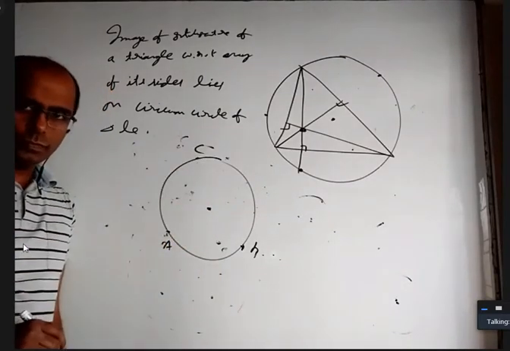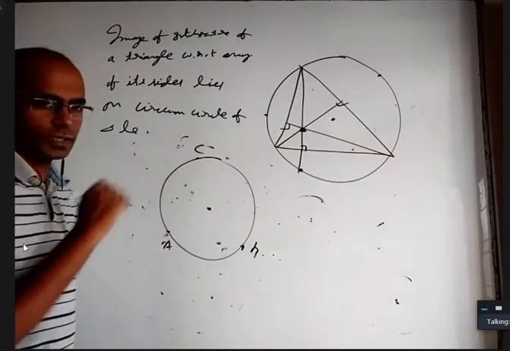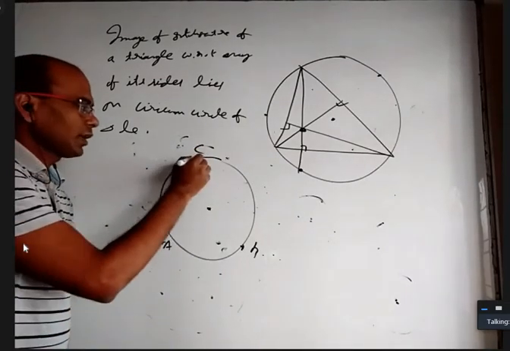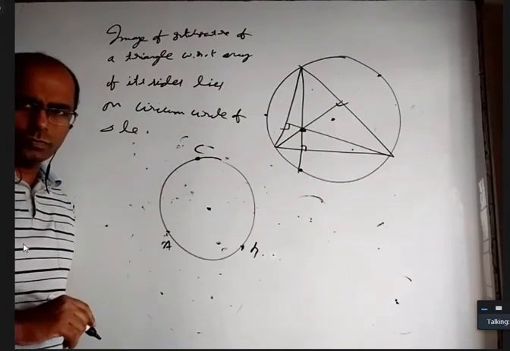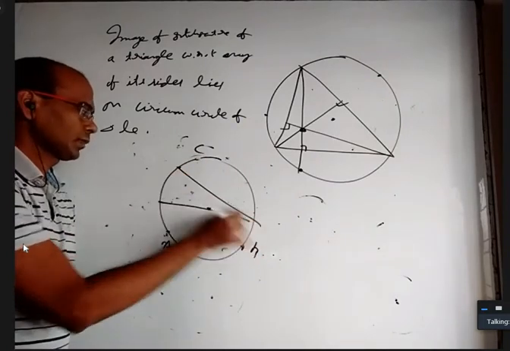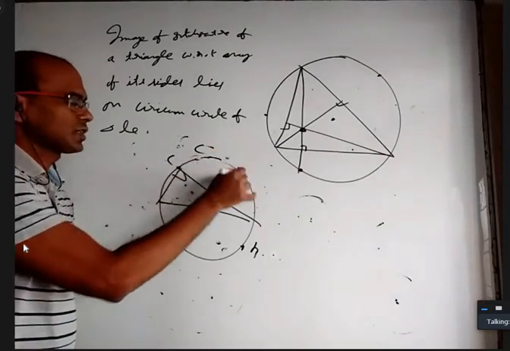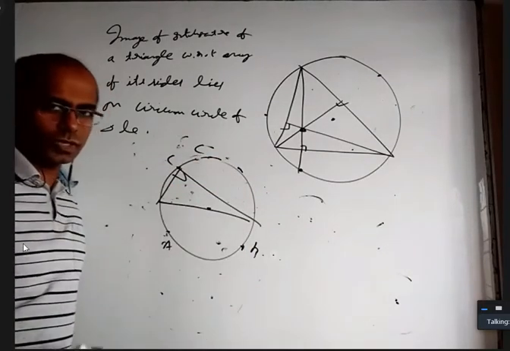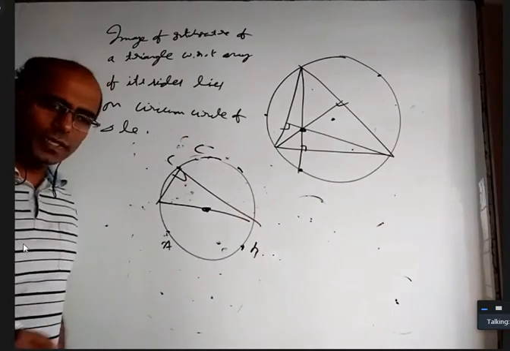Is it possible? Yes, because if you take an equilateral triangle, that itself is the center. But can C itself be the orthocenter? Is it possible? Yes. When you take a right angle triangle, C itself is the orthocenter. And if you move C, you'll get every point on the circle also. So the center is okay, every point on the circle is okay, and every point inside is also okay.